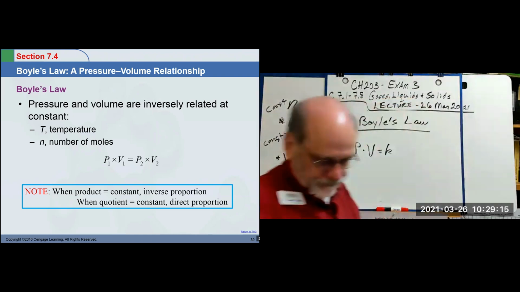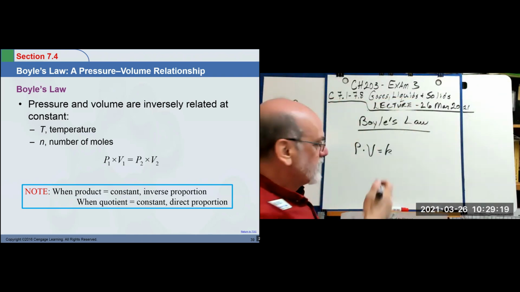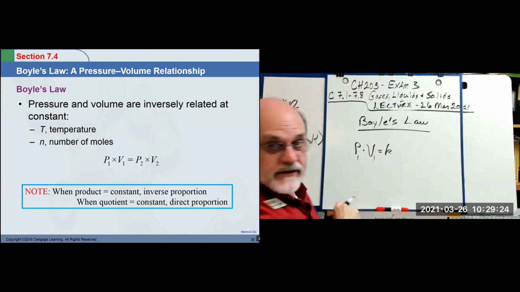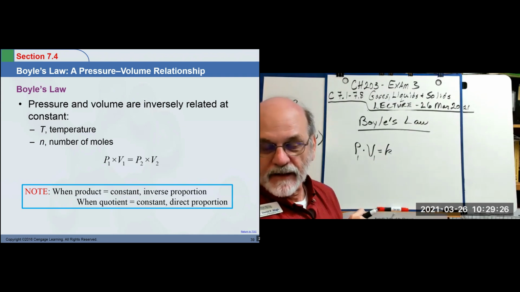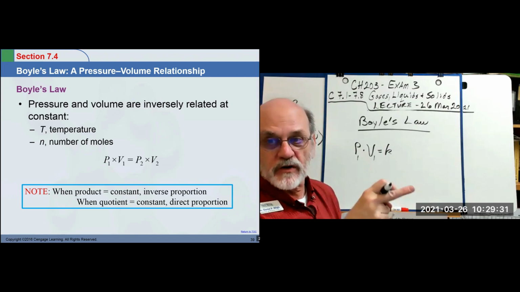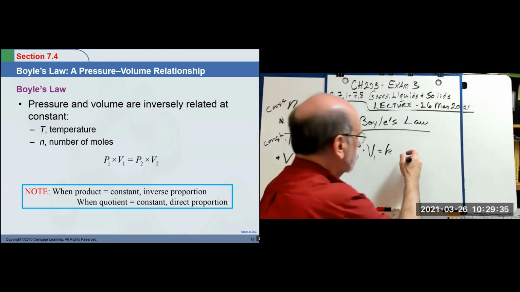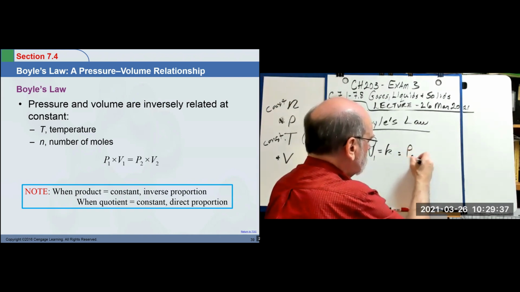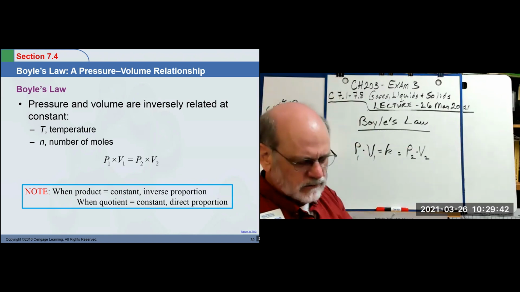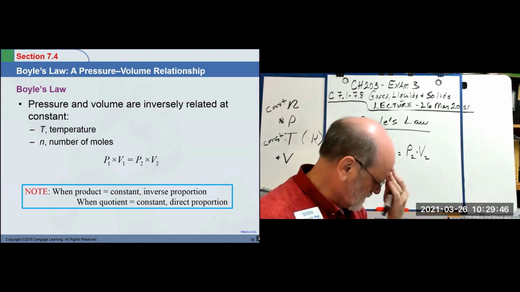Now, you notice that at any one time, measure the pressure and the volume, it's equal to a constant. During that same experiment, when you measure the pressure and the volume again, it's equal to that same constant. So what's the cumulative law? No, it's not the cumulative. It's a mathematical